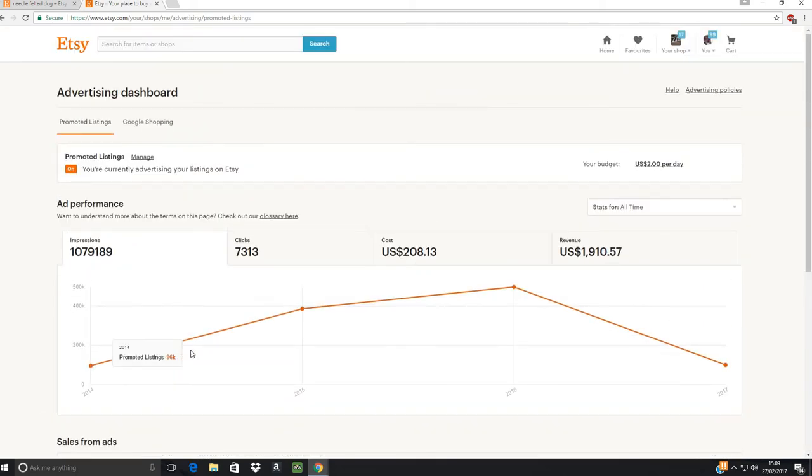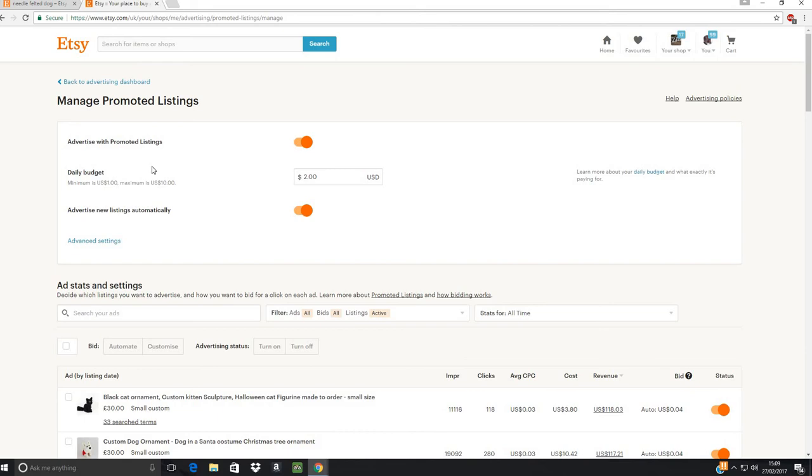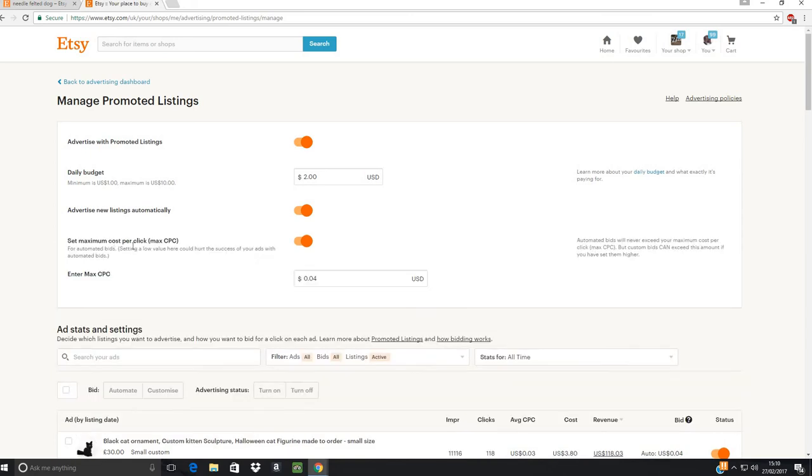information for us. So the important button here, the important page is to hit onto the manage so we can manage what we've got. And if you've just set up promoted listings, the very first thing I'm going to say for you to do is click advanced listings here. The reason for this is your cost per click. Now I'll just explain what Etsy does. You've got your daily budget and then your cost per click. So if you don't have this set, then Etsy will just keep on